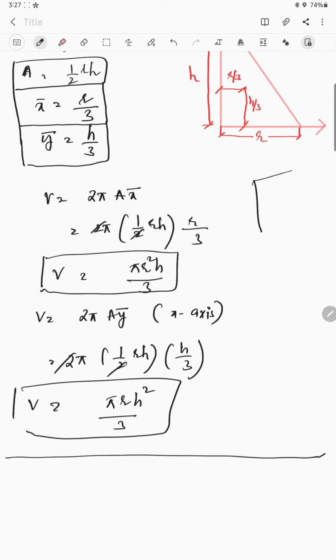If you rotate a rectangular body with respect to the y-axis, what happens? If you see from the top, you can see that it is forming a cylinder. It will form a circular shape. That is what Pappus theorem is. Okay, right. So in the next class we will start our moment of inertia.